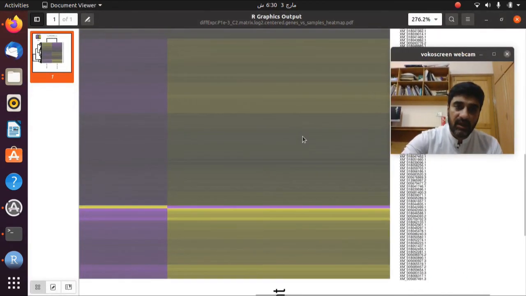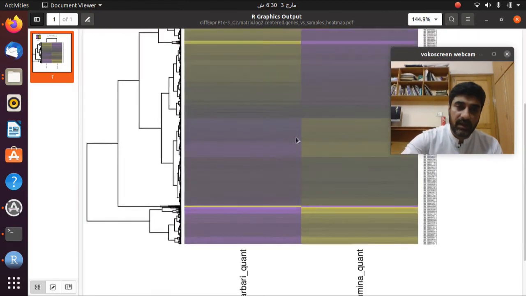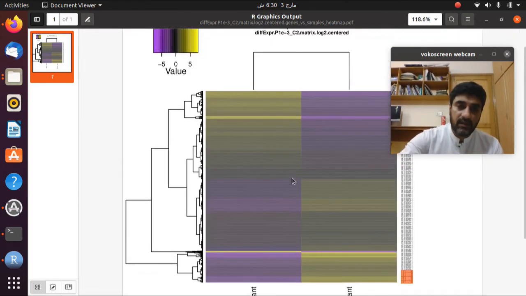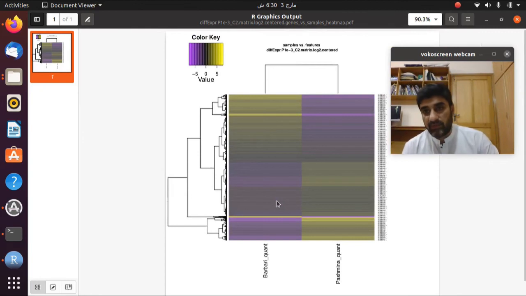Here we found and summarized everything: how two different breeds having different phenotypes are different from each other.